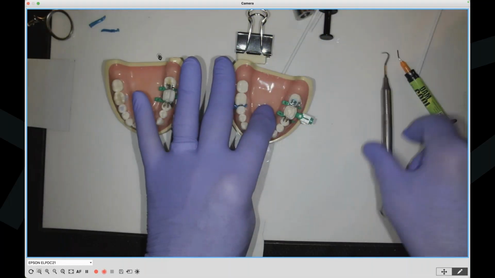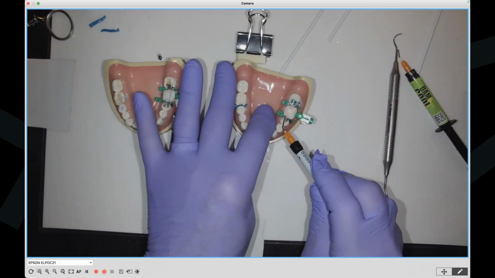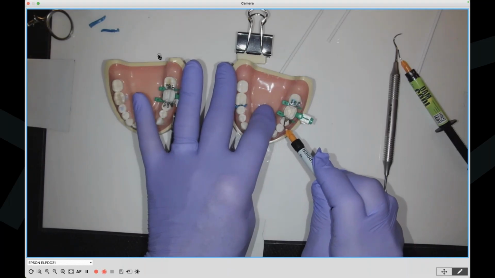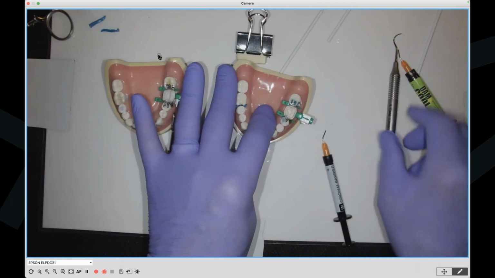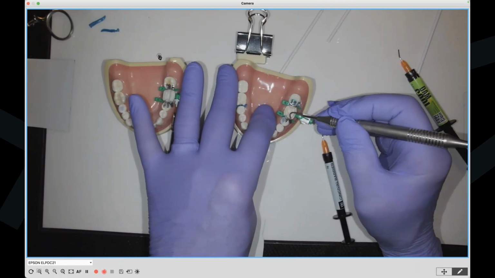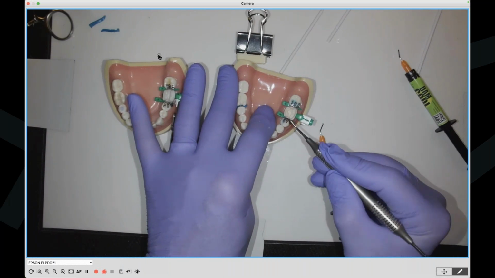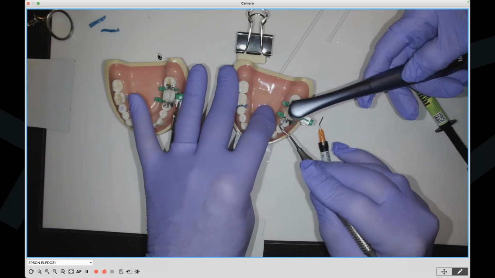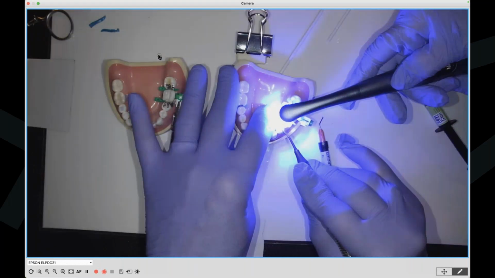Okay, that's good. And just for grins, we're going to put on this gingival barrier by SDI. See how well that works. And of course, I would get a little bit inside the prep, which I didn't want. Okay, can't see. Hold on a minute. Okay, now hit it. That's good.